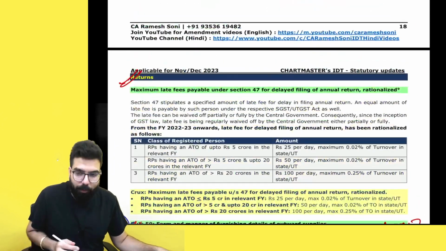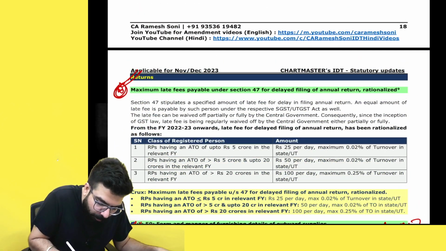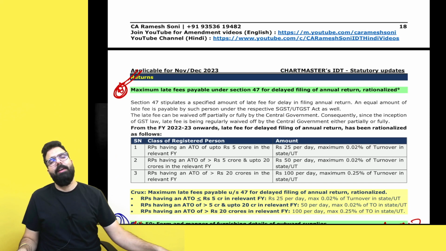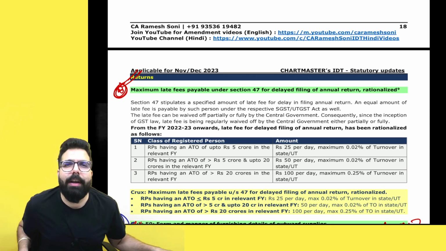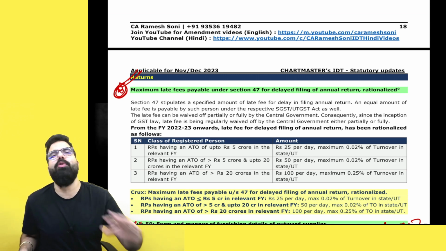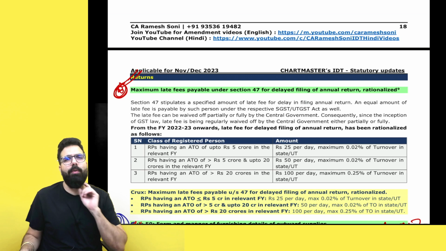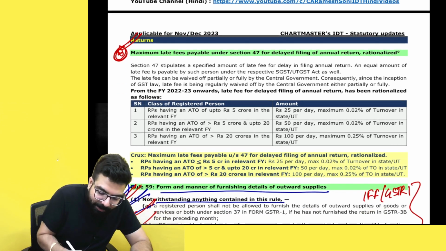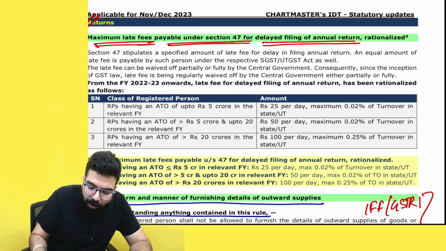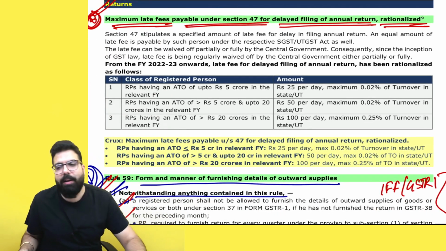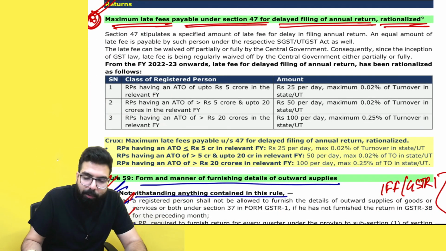Okay, sir. Now, one more small point over here in the chapter of returns. Listen to me very carefully. You remember annual return over here? Yes, sir, we remember annual return. The late fee for annual return which was there, they have reduced the late fee. They have told the maximum late fee payable under section 47 for the delayed filing of annual return is rationalized. Means for delayed filing of annual return, whatever the late fee was, they have